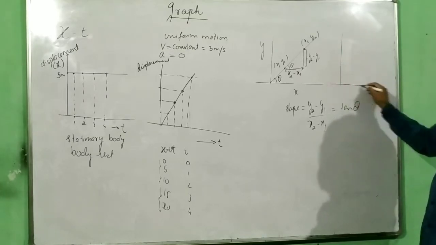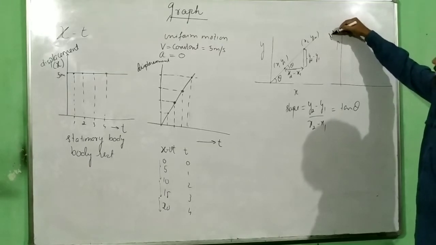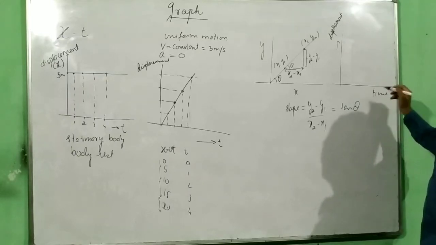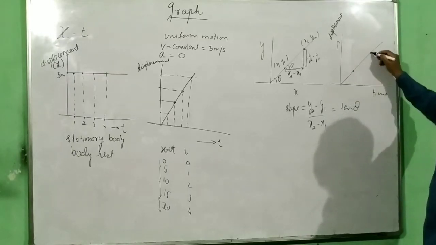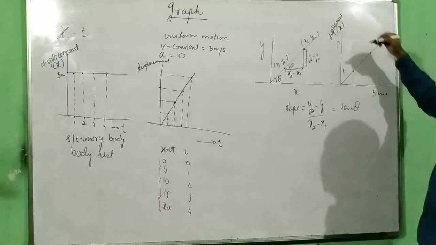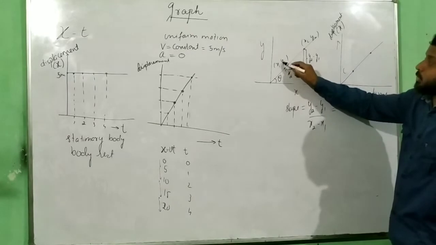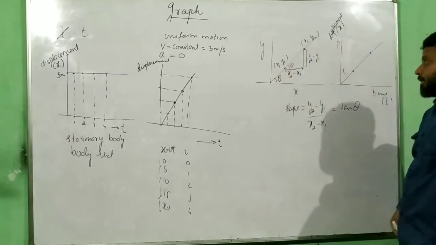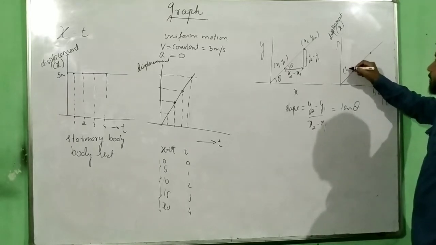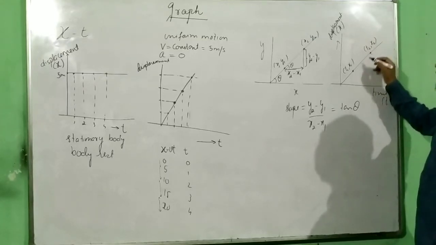What if I am plotting displacement here, and here I am plotting time? And if I take 2 points, how does a coordinate look like? Displacement I am using as x, and my other coordinate is time. Now remember, when we write coordinates, we write in terms of x, y coordinates, correct? So if I write here, let us say that this point is t1, x1, and this is your t2, x2. These are the 2 points.